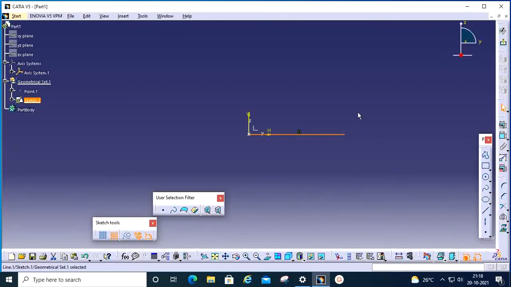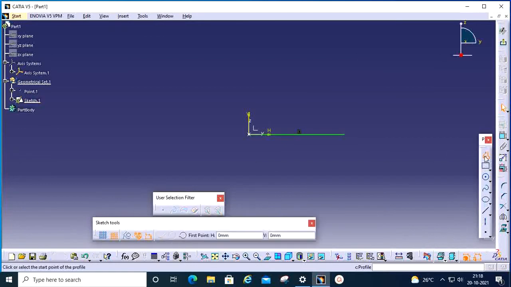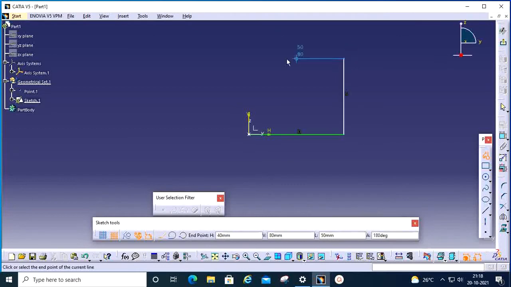If I want a continuous profile, I need to go for this one, profile. Here you can have line and curve. So 100. If I want tangent arc, I have to click here, so that by default I can get this tangent arc. See, it is intersecting with the same point. It will highlight.